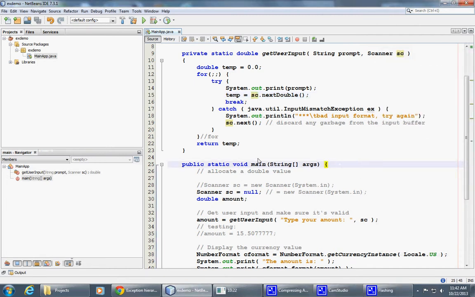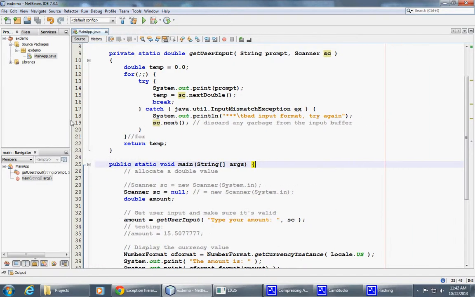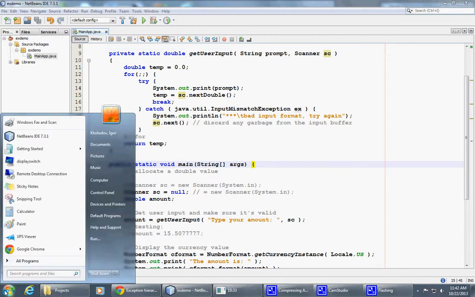A quick reminder about object references and method calls. In this program that I have right now,